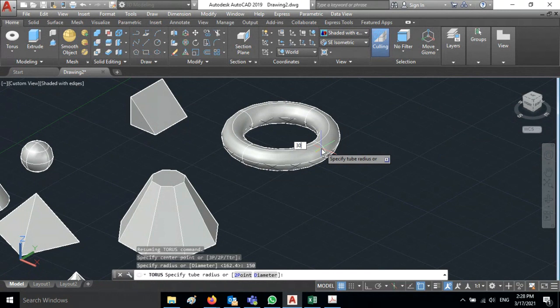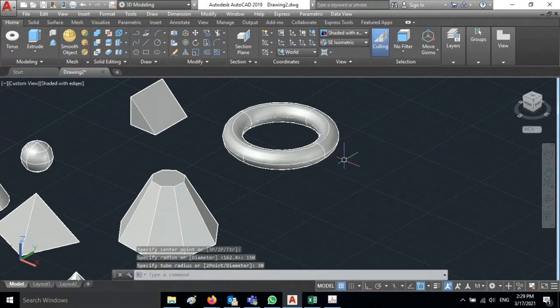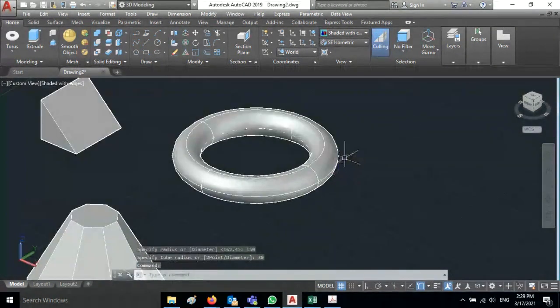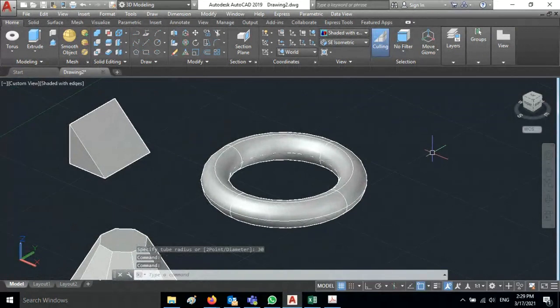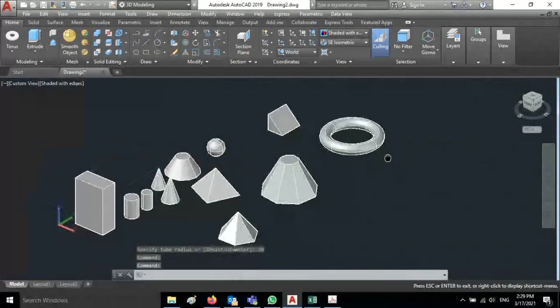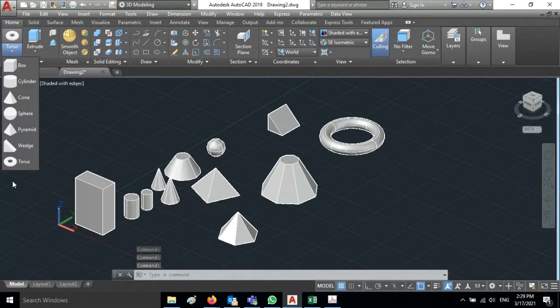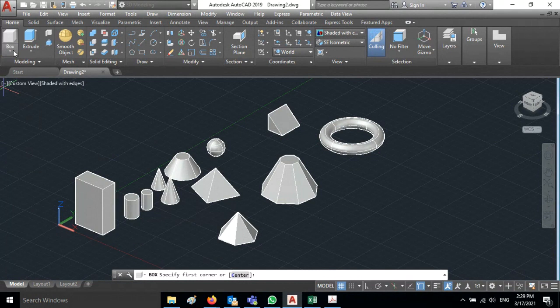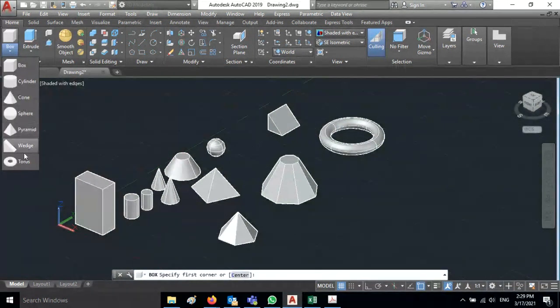Let us say it is 30 millimeters tube radius, and this is what we have created. This is the torus we have created. Okay. Therefore, now we have created different entities by using the commands we have here: box, cylinder, cone, sphere, pyramid, wedge, and torus. So we have created all these different types of objects.